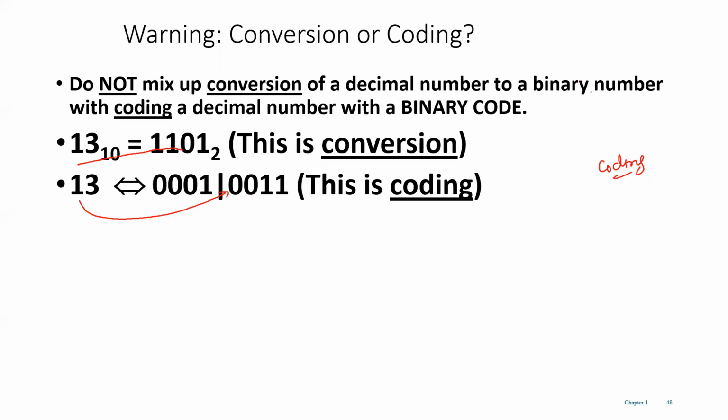So you can have any code. We will be discussing the codes in the coming classes. A number can be coded in any format for simplicity or other advantages, and each and every code has an advantage. So this is conversion, which is fixed, but coding can be different. Instead of the 8421 code, you can have a 3421 code. That means it is up to you who fixes the weightage of each position. That's a good thing about coding.